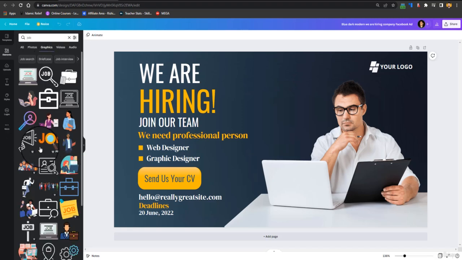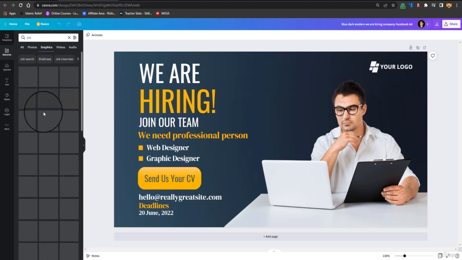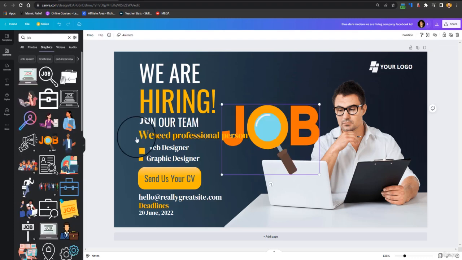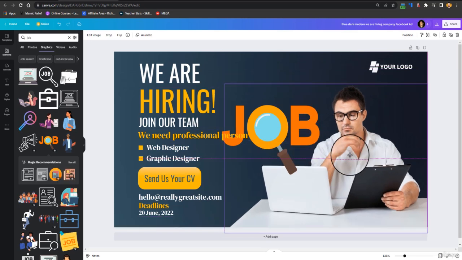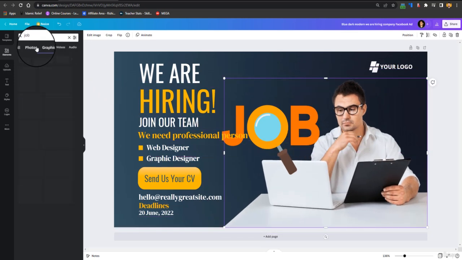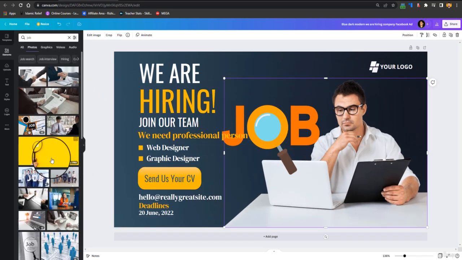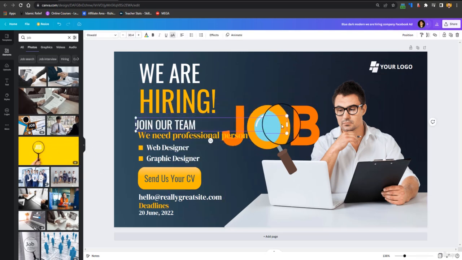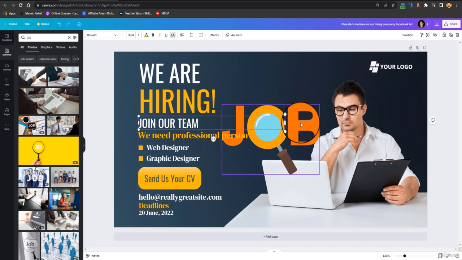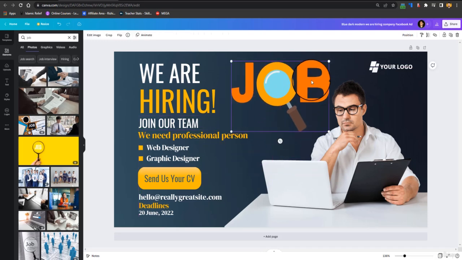Here you can see most of the interactive templates have this Pro sign. So we would have to get the Pro version to use all these elements. This is the advantage of the Pro version. We can also use some awesome photos which are only available with the Pro version, and we can do customization a lot easier.